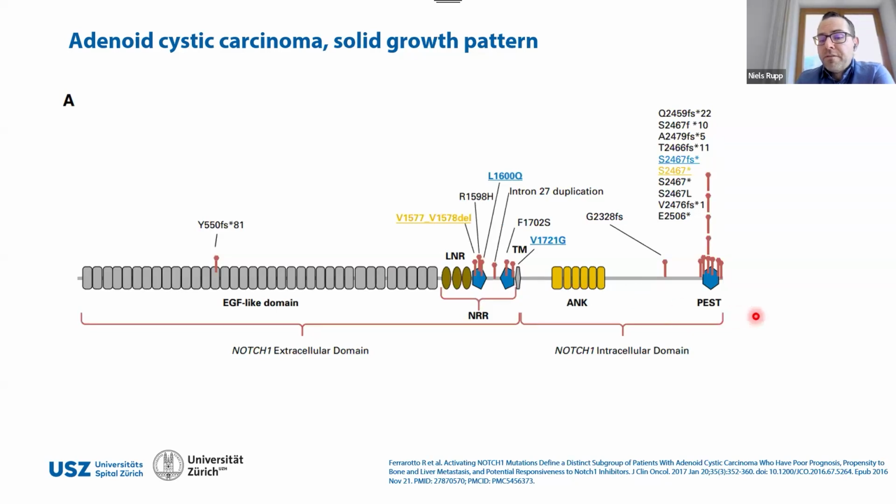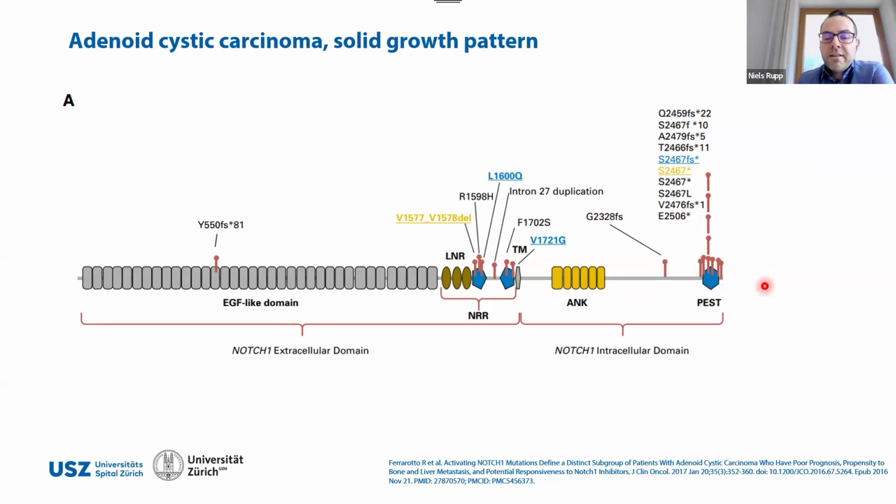Interestingly, almost all of the cases, and this is also our experience when sequencing these kind of cases, show the mutation in the so-called PST domain. As you can see here, these are frameshift or terminating mutations most often. So the PST domain is a negative regulatory domain, which is disabled due to the mutations and then leads to